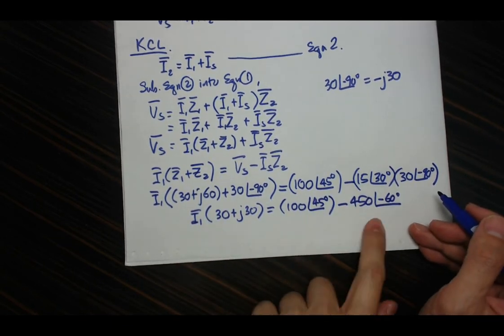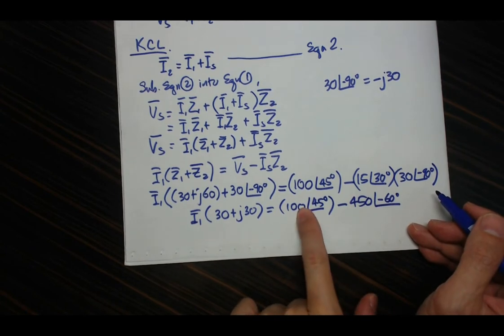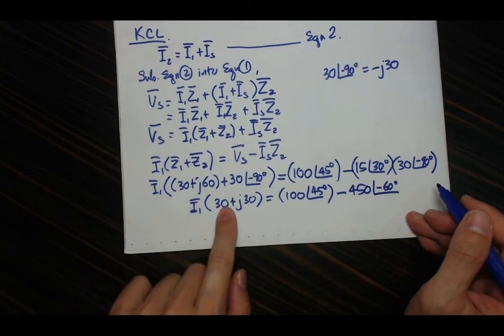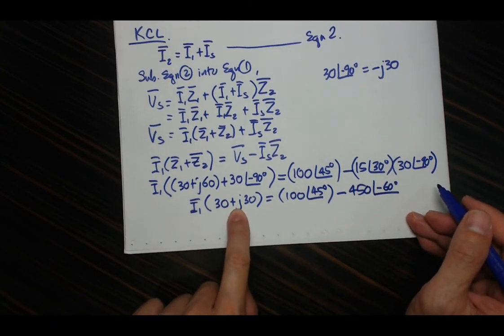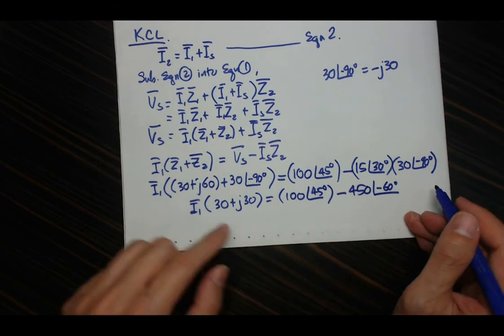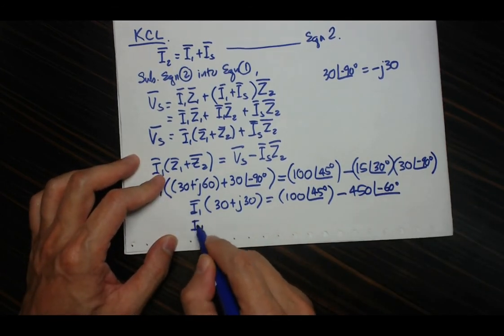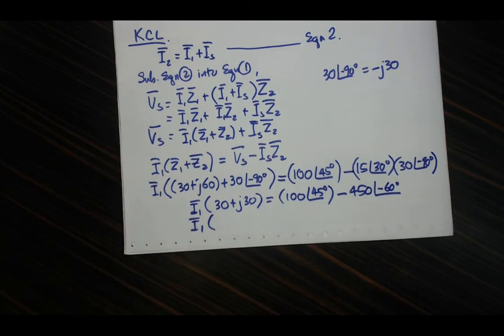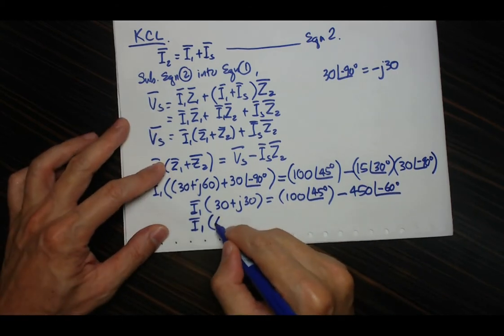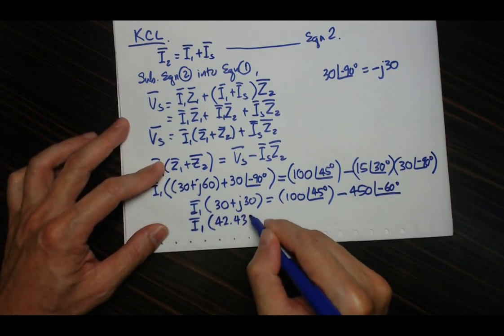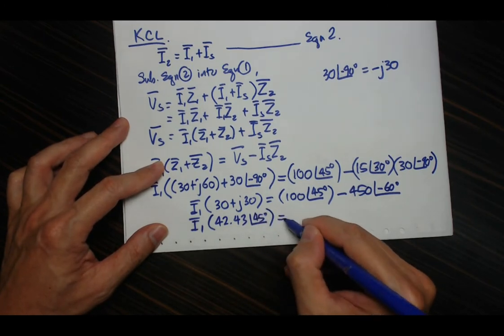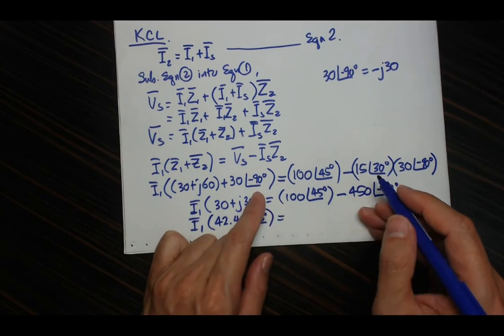So this formula now, because of the minus sign, I convert this to rectangular, convert this to rectangular as well. I convert this to polar because I want to eventually divide. So what I get here is 30 plus j30, which will give me 42.43 at an angle of 45 degrees. That equals 100 angle 45, which is actually